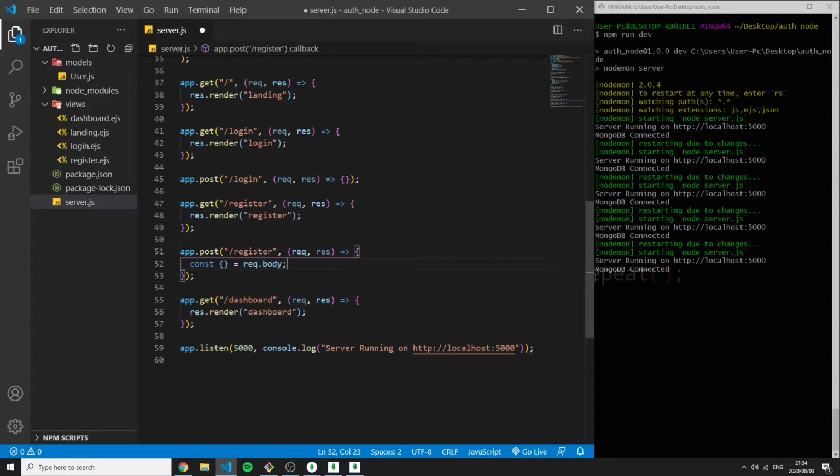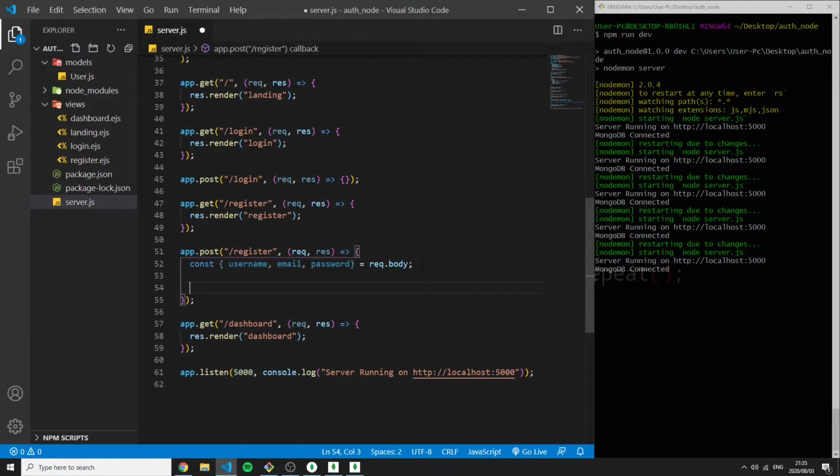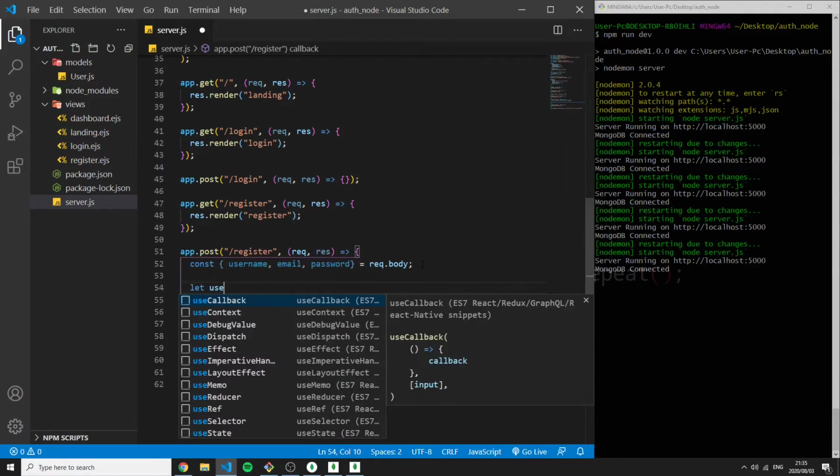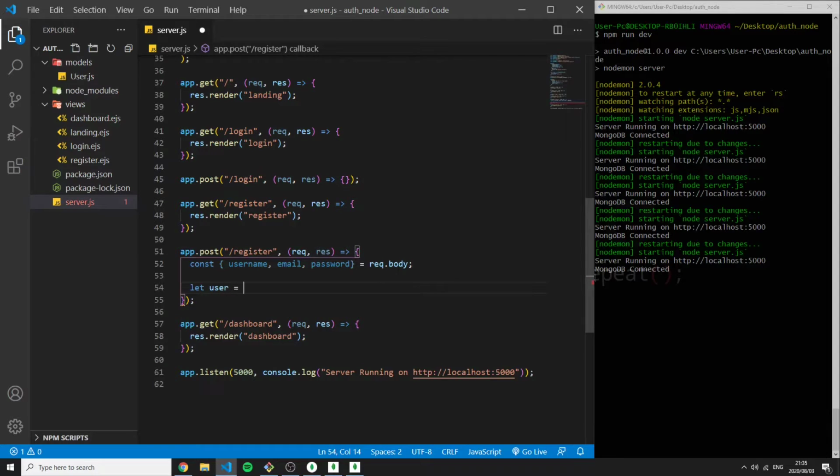Request.body, and I will pull out the username, the email, and the password. So when we think about authentication, when a user registers, we want to check that this user does not exist in the database currently. Otherwise, two people can't register with the same email. So we're going to say let user equals, and we're going to make this an asynchronous function to use async await,